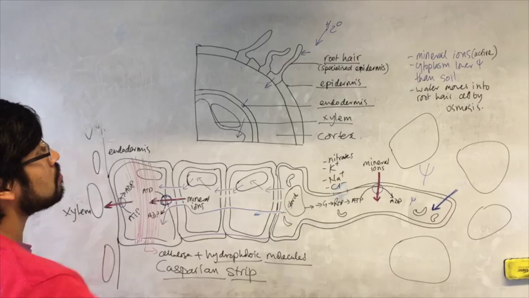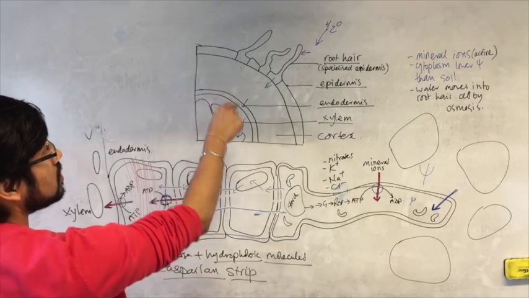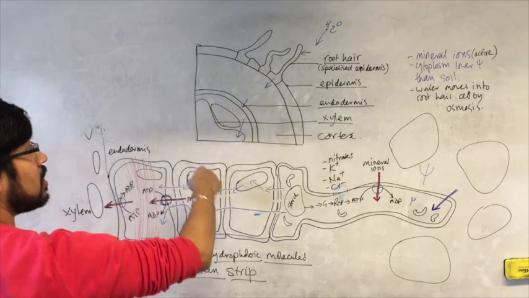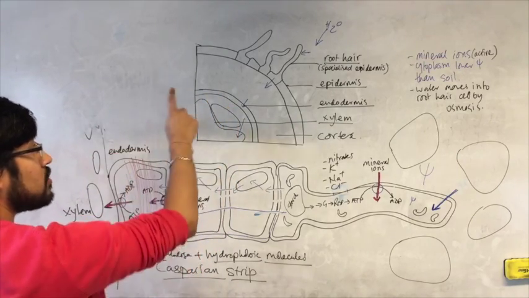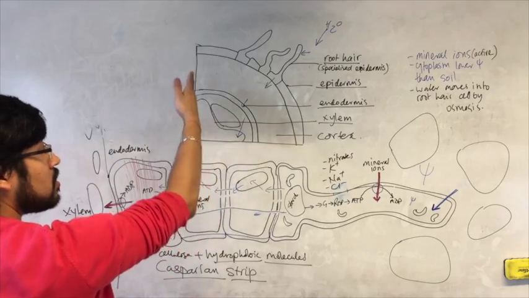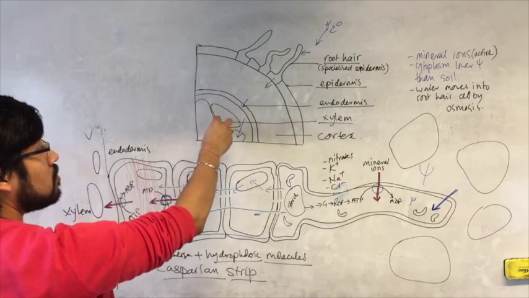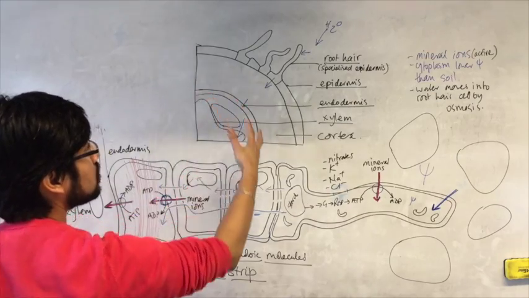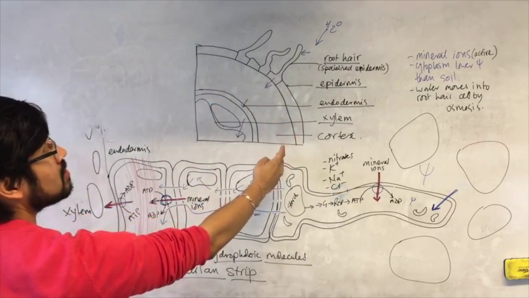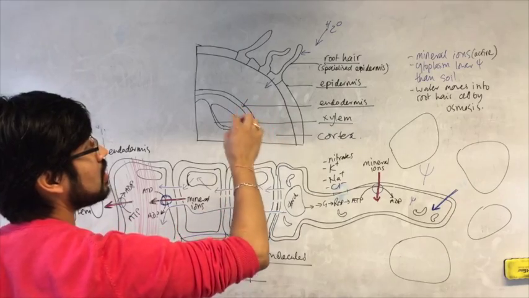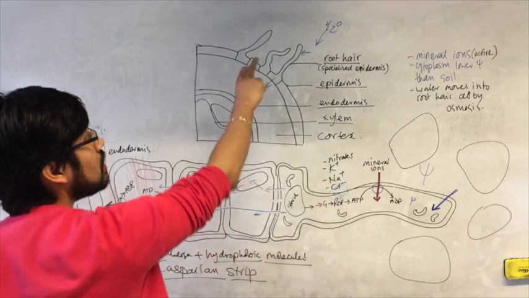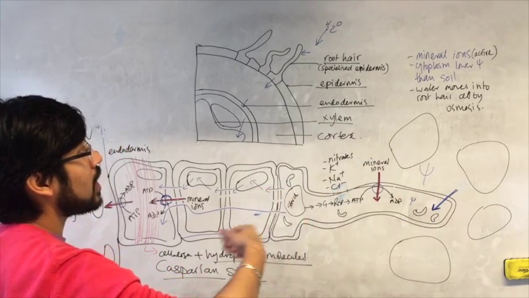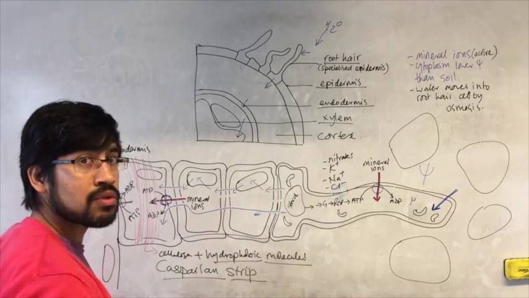Okay? So remember, you could see it like that. You could see a diagram even that shows all the individual cells. Just look out for these layers. Remember that the xylem in the root is a cross. Within the cross arms, you've got the phloem. Outside of that, you've got the endodermis. Outside of that, you've got the cortex. And outside of that, you've got the epidermis. And some of those epidermis cells will be specialized to be root hair cells to increase their surface area to absorb and exchange more mineral ions